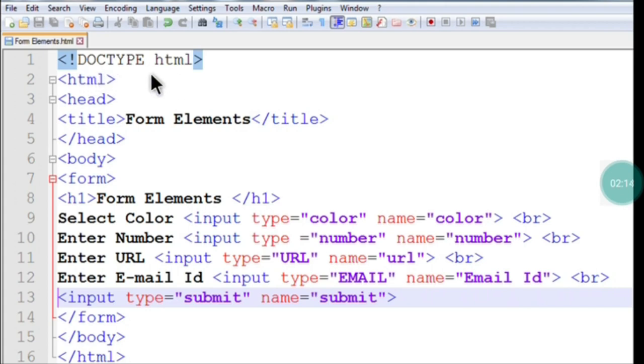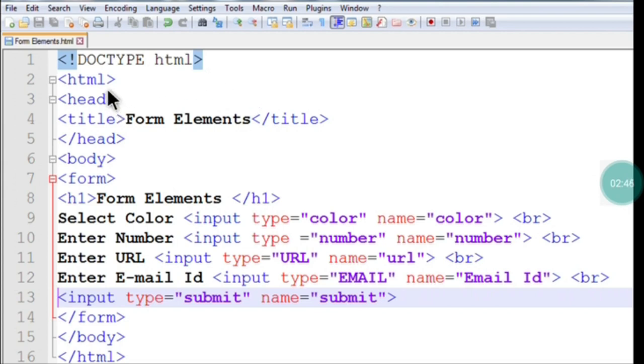To start writing the HTML program, the first tag you are going to type is called exclamation DOCTYPE html. This is the very first tag we are going to type. It is just for declaration purposes; it is not technically a tag. The second tag we are going to use is called html. This is a very important tag in your HTML document because it tells the computer to convert this written code into the HTML format.